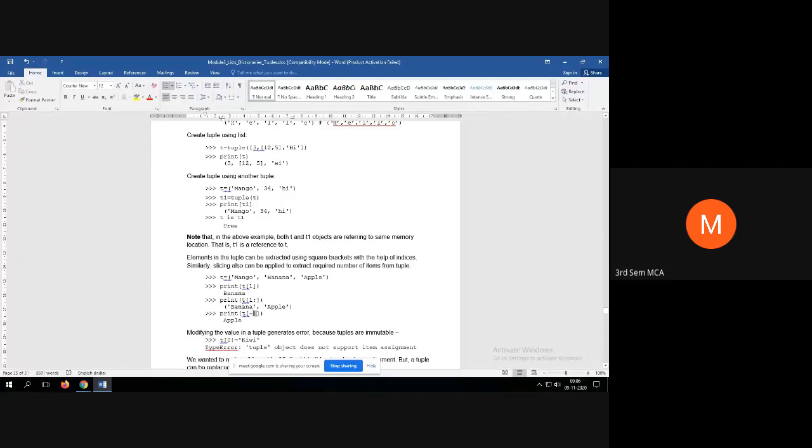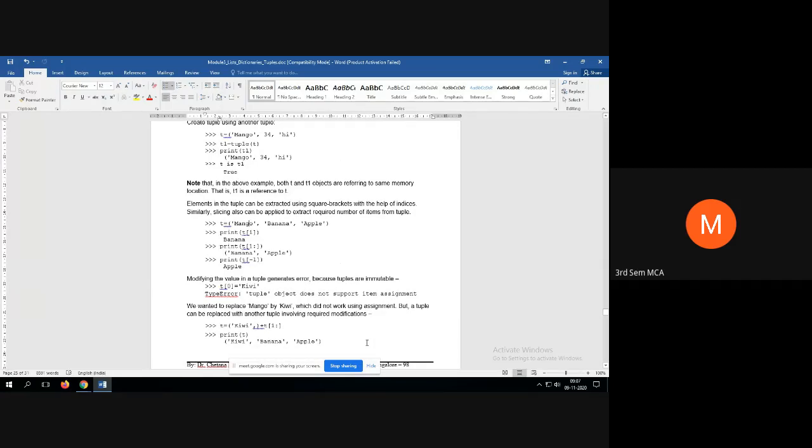So T of minus 1 means the negative index always starts with the last element. Minus 1 means apple. Minus 2 means banana. Minus 3 means mango. That means whatever concepts we have already discussed, that concept of slicing, holds good for tuples also. So there is a generic concept which you can use with strings, lists, tuples, and dictionaries.